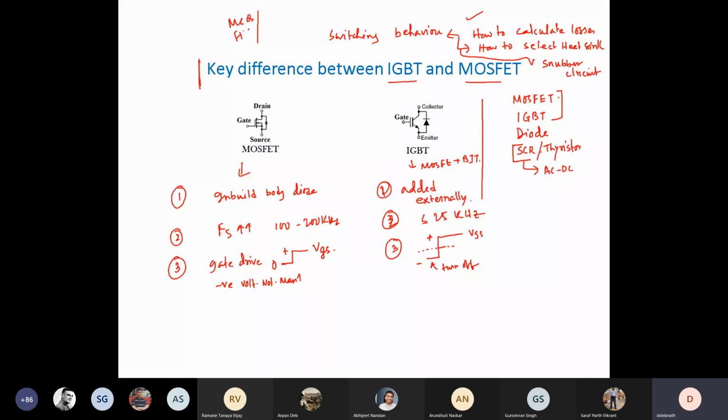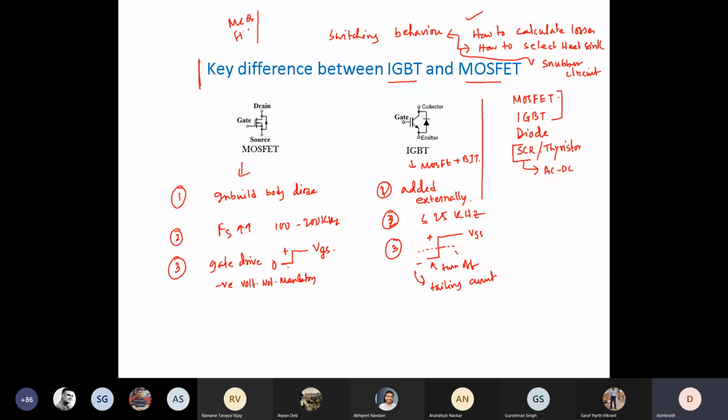Because this has a phenomenon called tailing current that you will understand if you have gone through this entire lecture. So that makes IGBT a slow kind of switching phenomenon. So to make it faster, you apply negative voltage so that you can take out charge carriers at a faster rate. Okay. And then you just go through it. Mostly you'll understand the other points.